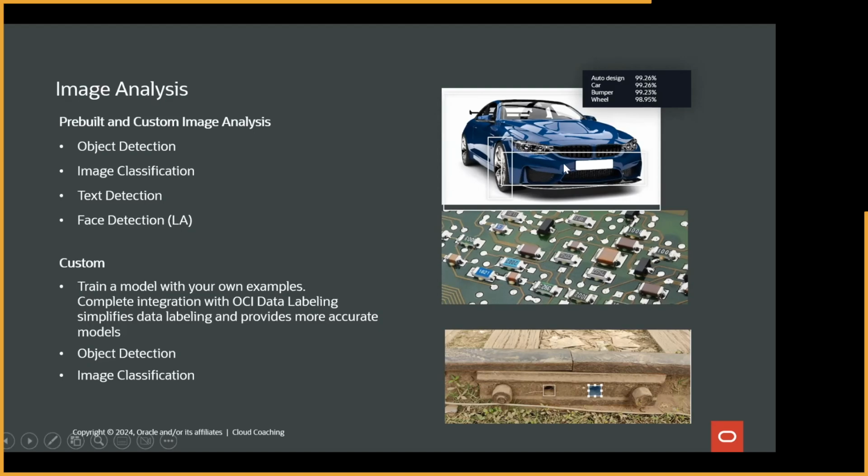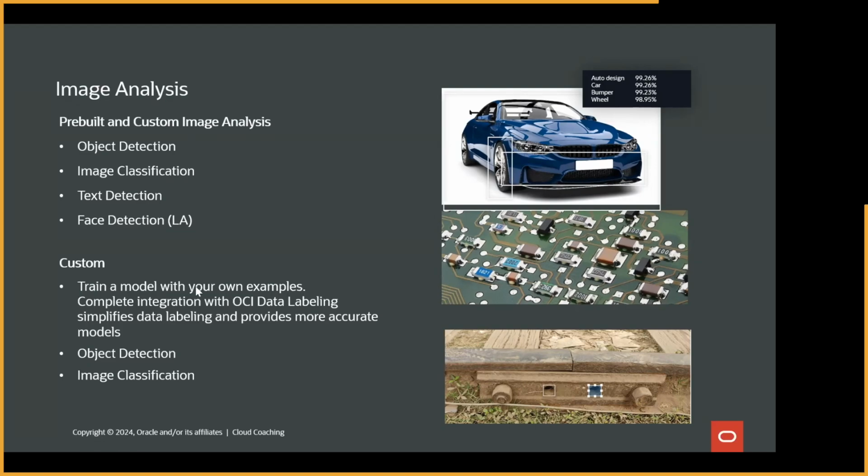If you see on the right side, these are cars, and it detects what the parts of this car are. So if you wanted to understand what the parts of this car are, you can do that using object detection. And image classification: in one particular image, different types of objects will be available, and based on the types of objects, we can classify those objects. And in this demo also, we have used the image classification to classify the image and then generate the text